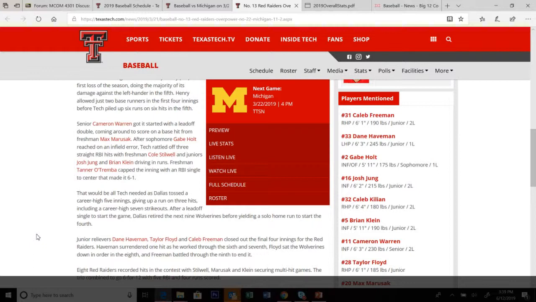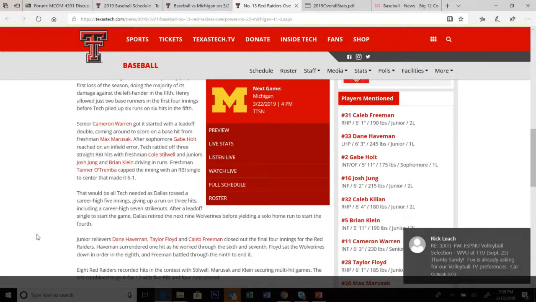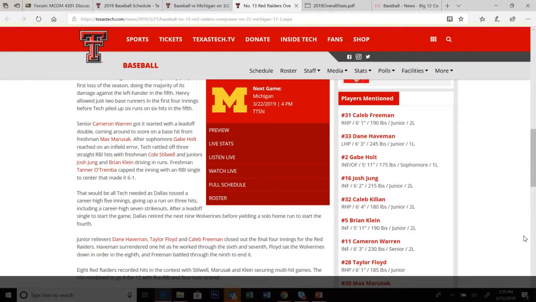Now, what does that tell me is when Cam got it started with the double, there were probably 2 outs in the inning, because all of the runs that scored in that inning were unearned, which means the pitcher should have been out of the inning, but an error or something else caused that to happen. So there's a lot that goes into it. You've got to look at these things and really pay attention and prep and do those things.